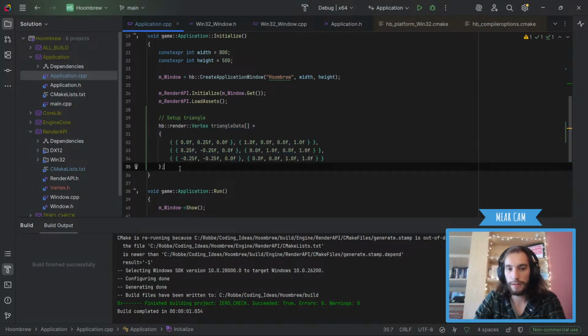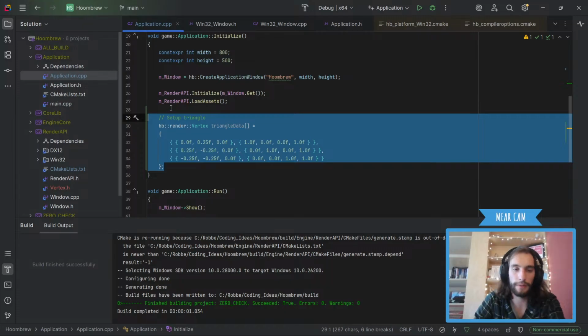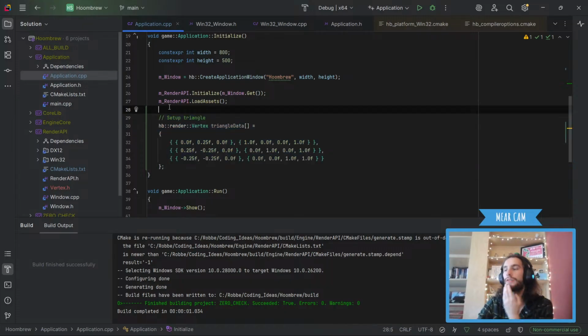What we also need is a way of telling it how it needs to be drawn to the screen, and we also need to make sure that the render API knows about this, so we need some kind of managing object that groups our vertex data and our material together, I think. Which would be like a renderable object kind of struct kind of thing.